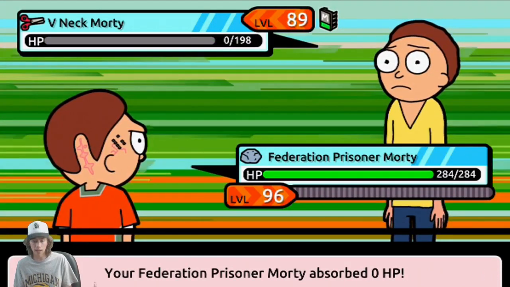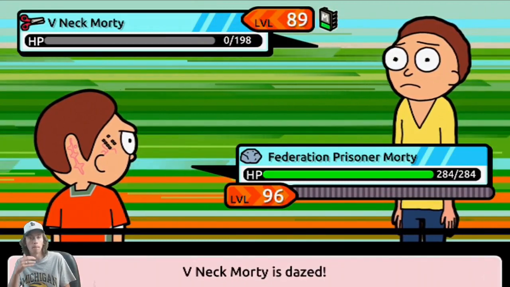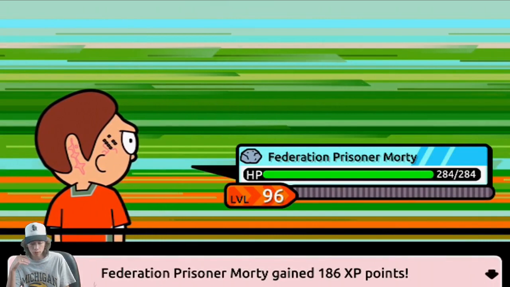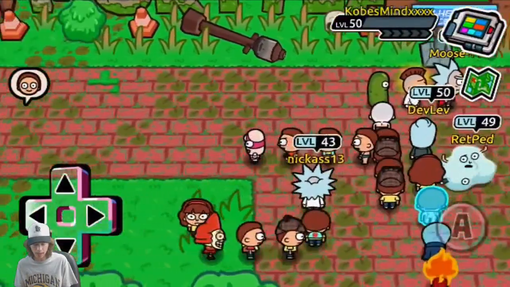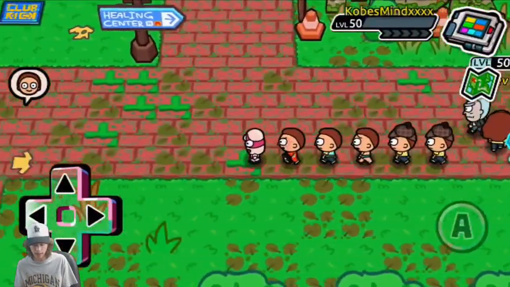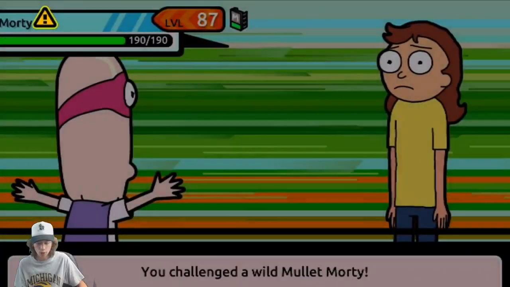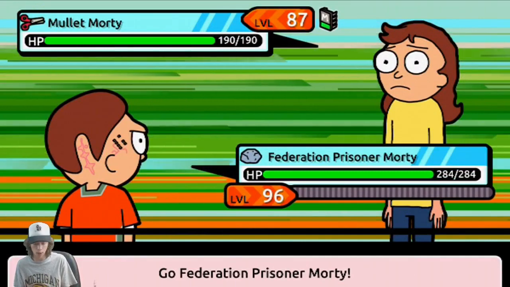Usually when an enemy regains HP, or when my Morty regains HP from killing or hitting an enemy, I wouldn't think that attack is very strong, but that was one hit. So right off the bat, I think he's going to be really good against scissors types, but that's just my thoughts so far. Let's get into another battle and see how powerful he is against Mullet Morty